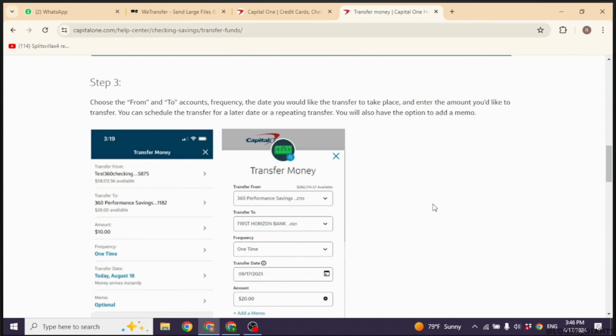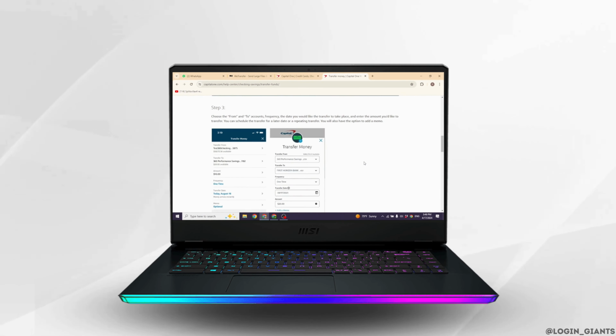You should receive confirmation of the transaction and the funds will be sent according to the processing timeframes of the recipient bank. And there you have it. By following these steps, you can easily transfer money from your Capital One 360 savings account to another bank account